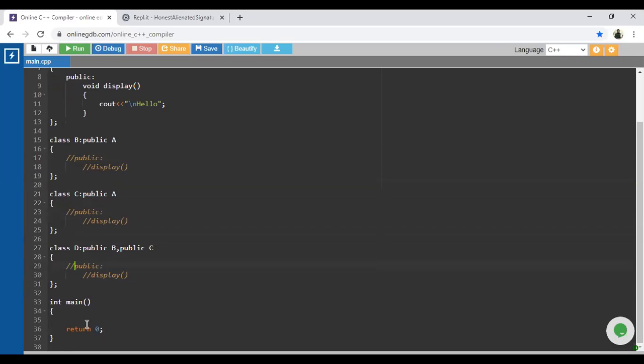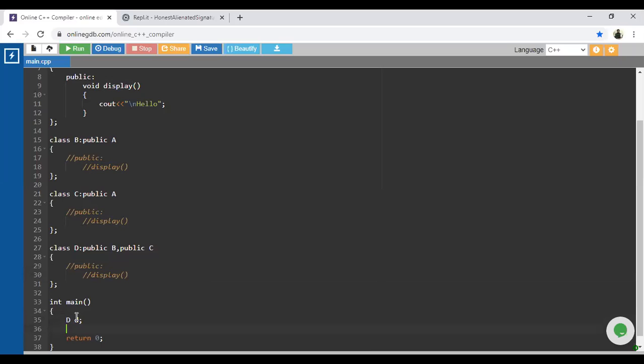And now my question is, suppose I want to call that particular function display, which is available inside the class A. Now that particular method is available inside the class D. So how are you going to call that display method? Yes, guys, are you getting my question? That method is inherited from class A to class B as well as C and inside the class D. So we have to create the object for class D.